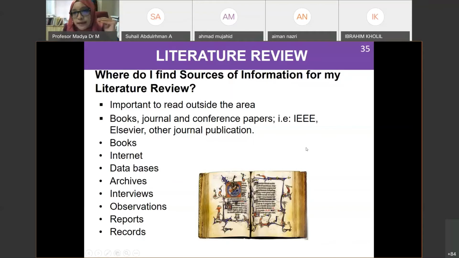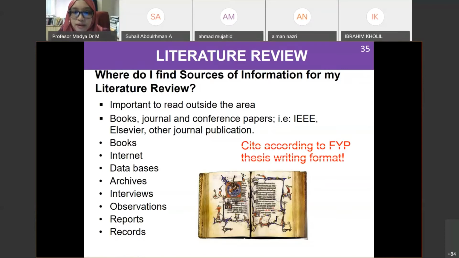But the one that you are going to refer to for this final year project is this one, from journals, conference papers and books. So these are the main sources that you're going to refer to. Do not refer to websites. Websites sometimes will be outdated, then you cannot refer to that link anymore. Okay, so